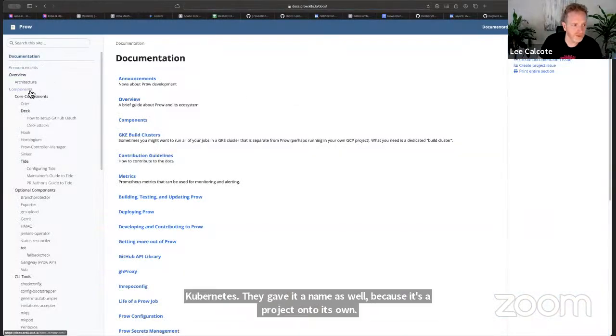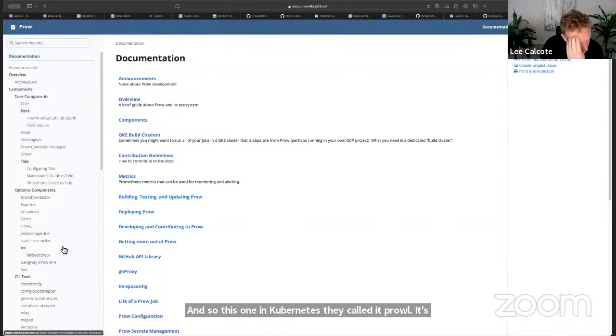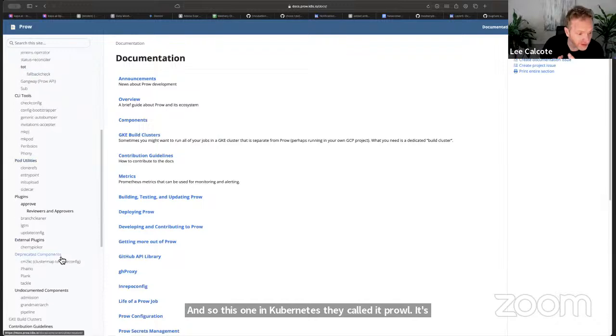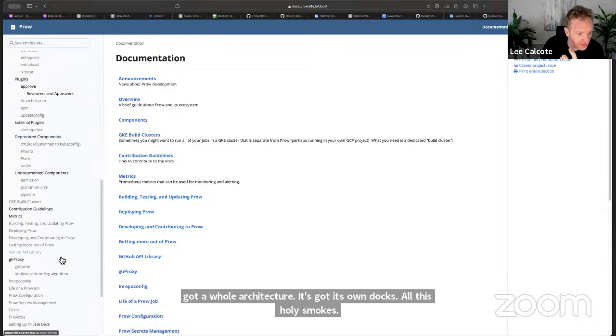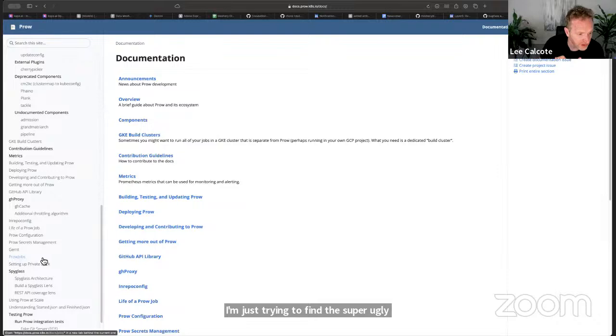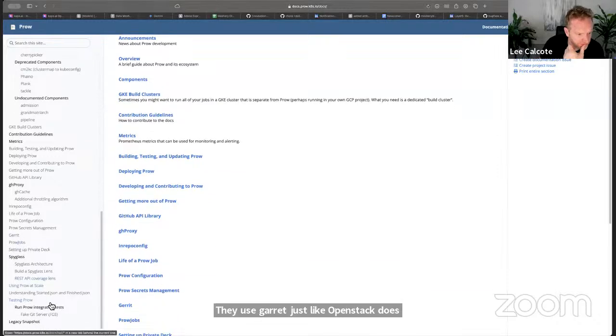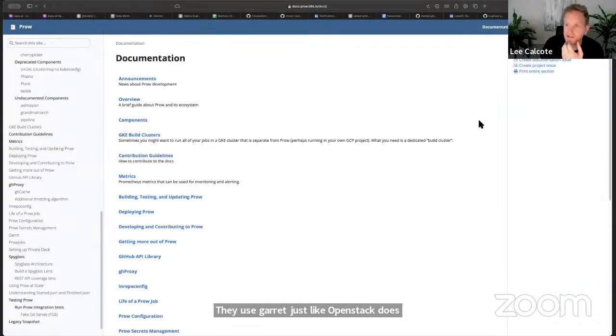In Kubernetes, they called it Prow. It's got a whole architecture, its own docs, all this, geez, holy smokes. I'm just trying to find this super ugly dashboard for what the test results look like. They use Gerrit, just like OpenStack does. Anybody familiar with Prow? Do you know where the